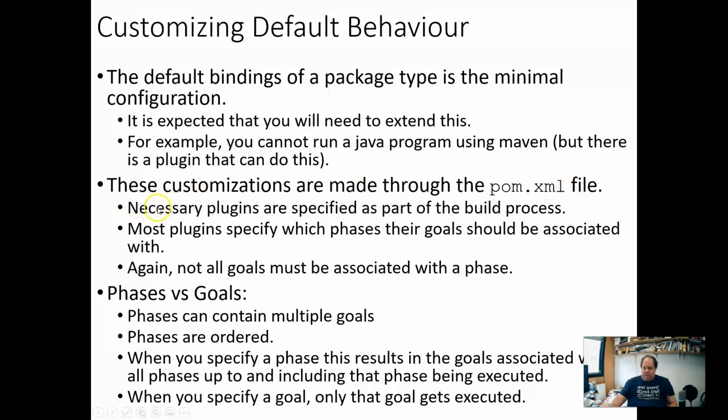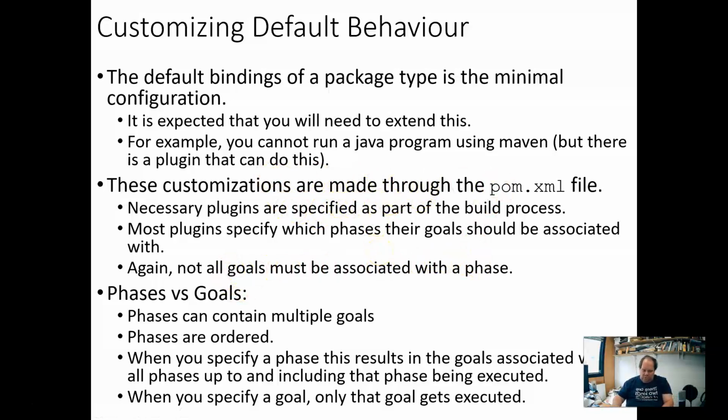This file specifies the necessary plugins for the build process. Most plugins specify which phases their goals should be associated with. Sometimes you have to manually specify in the plugin that this goal is associated with a particular phase, and not all goals are associated with a phase. So the Codehaus exec plugin